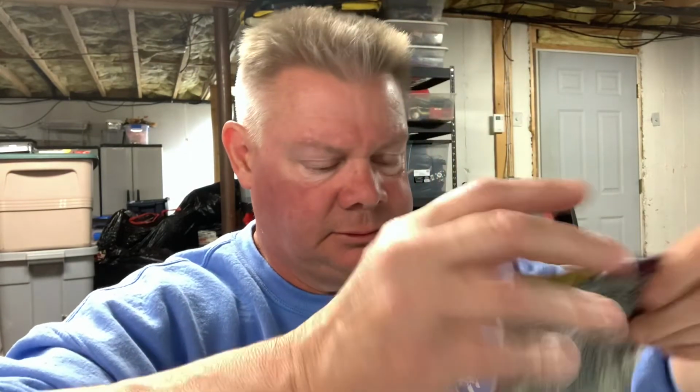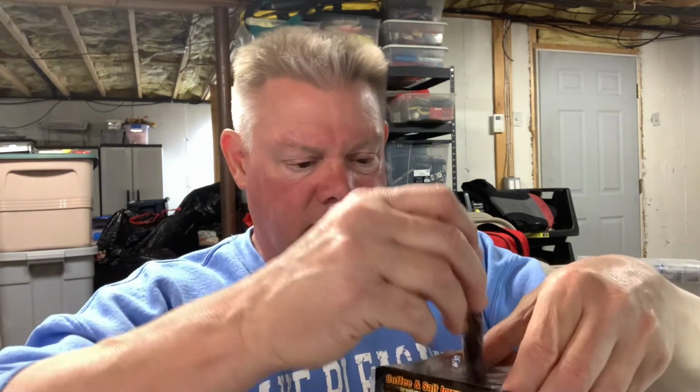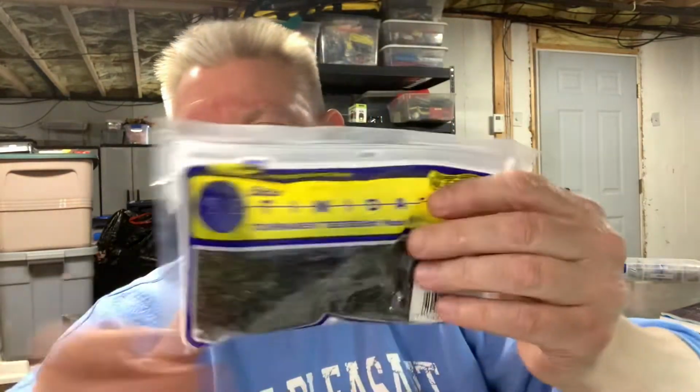Let's see what we got here. Watermelon red, why not? I don't think it matters. I'll show you this quick before I wrap it up. I think that's a 3.5. It almost looks like a 4. Yeah, I'll show you one of these ISGs. Why not? Intimidator, great tube. But let's say you're going to throw that 3/4 ounce head, because then